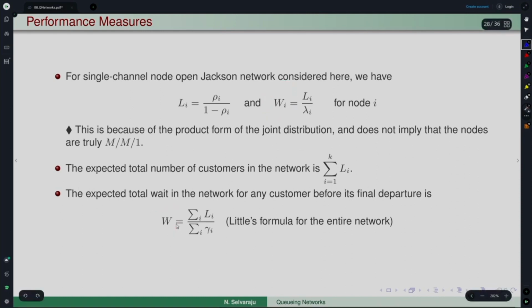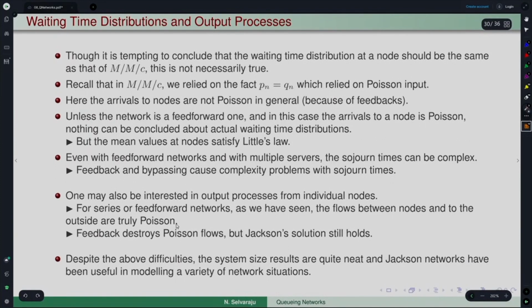We have already obtained the mean performance measures. Now, what about the waiting time distributions, and related to that, the output processes? Though it is tempting to conclude, because the number in the system results turn out to be the same as MMC Q, that the waiting time distribution also would be the same as that of MMC,